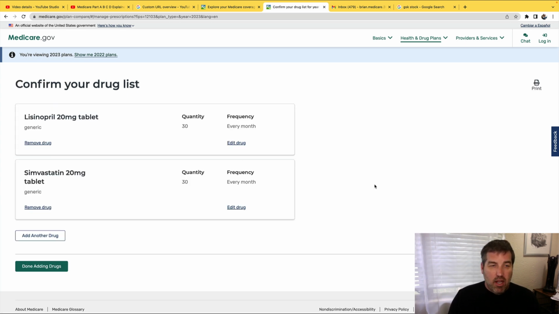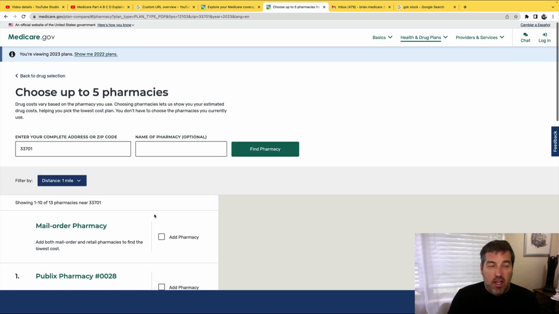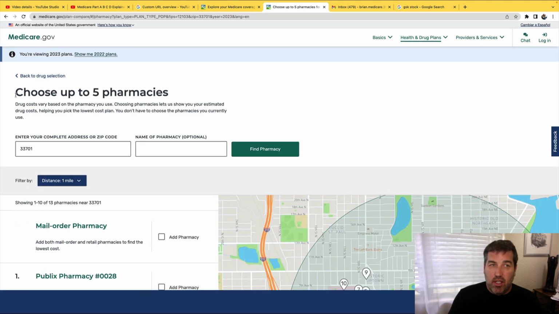So for me, now my drug list is done. If you want to pause this video and keep adding more drugs by going here, add another drug, then do so. And then we'll get back to the next step. So the next step is done adding drugs down here to the left. I'm going to click on that and it will take me to my next page that says choose up to